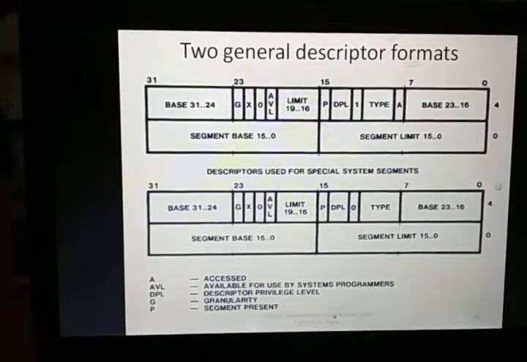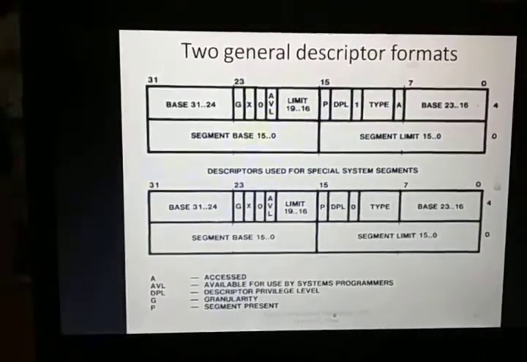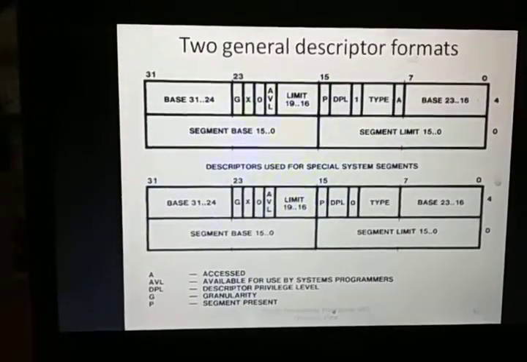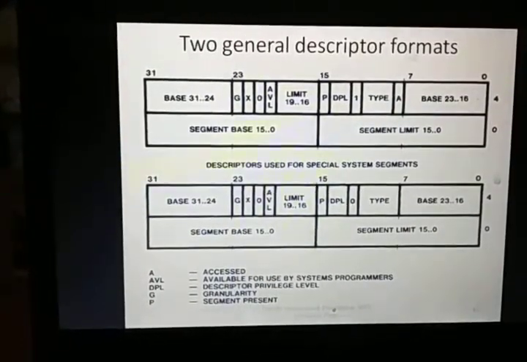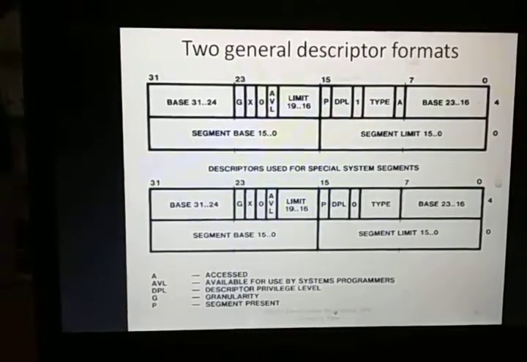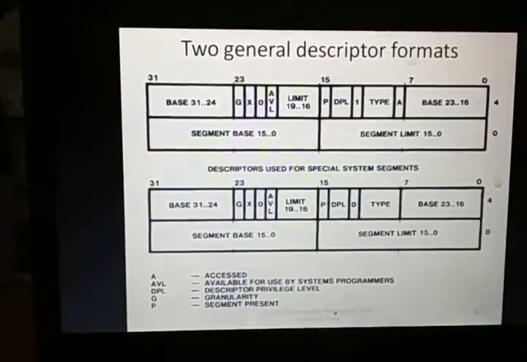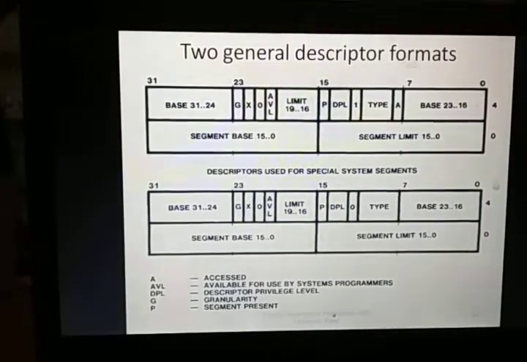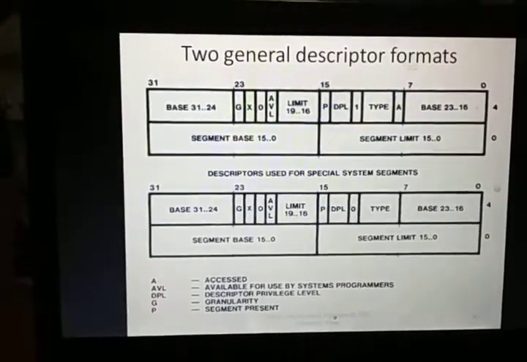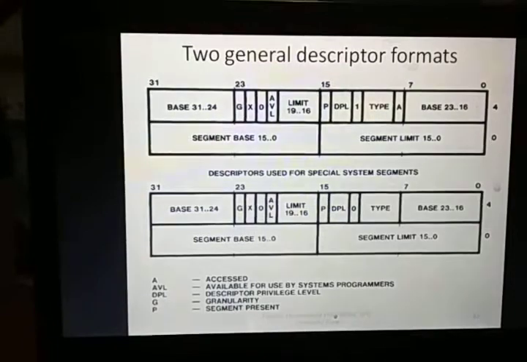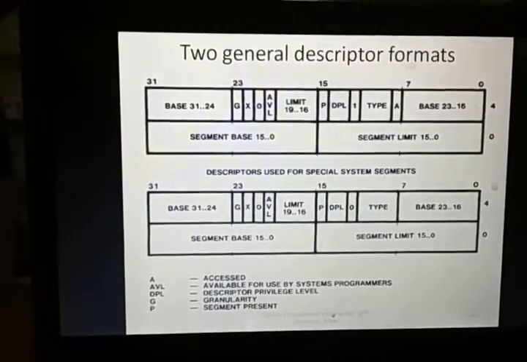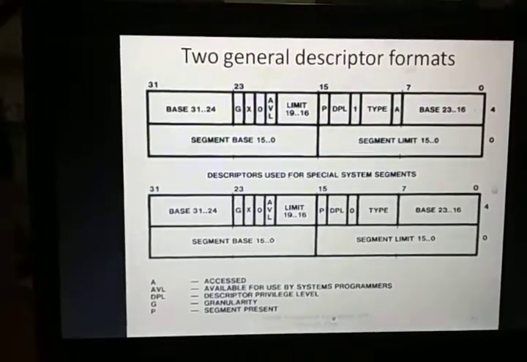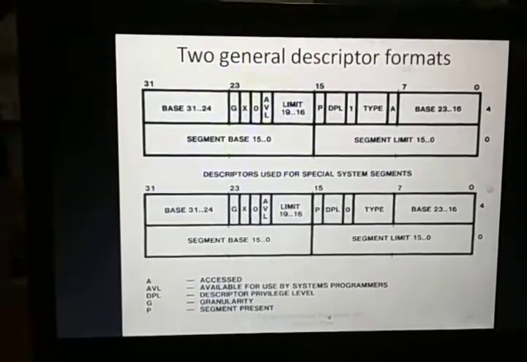Then 0 is not defined. X is again an undefined bit here, because when we discuss the code or data segment descriptor, at that time we will discuss this bit, in the form of the D bit or B bit, the big bit.